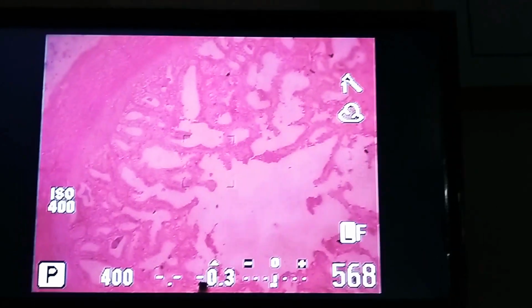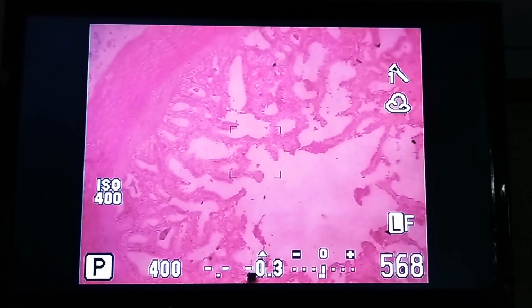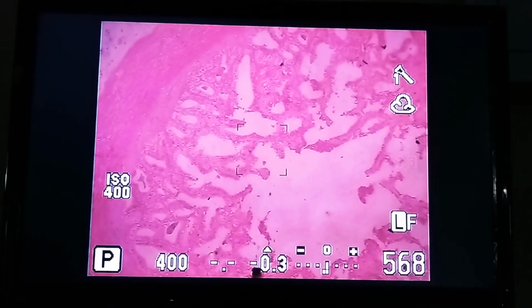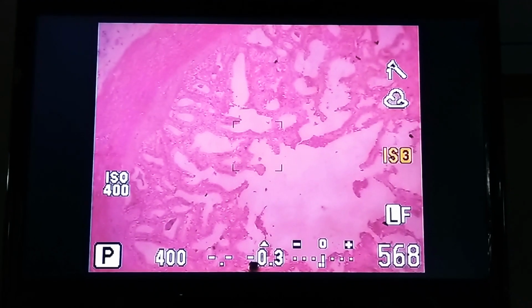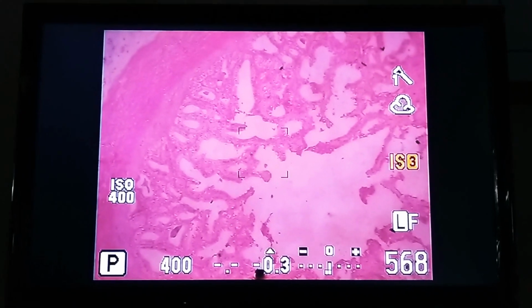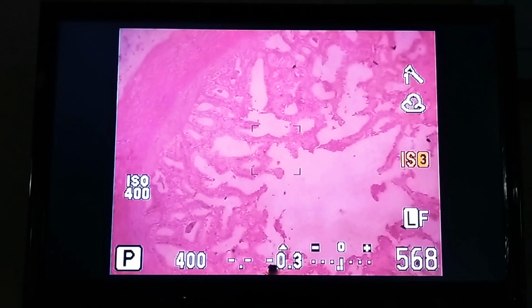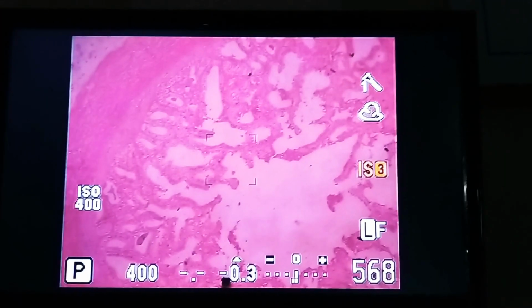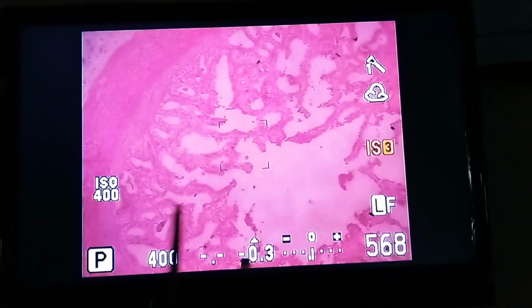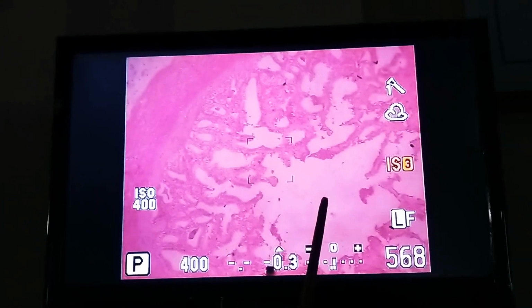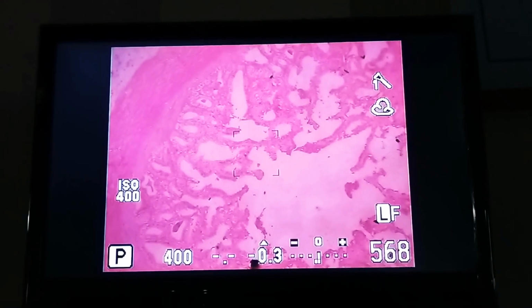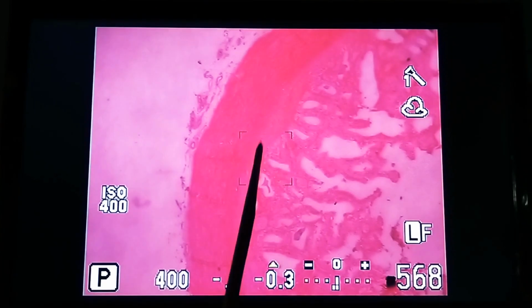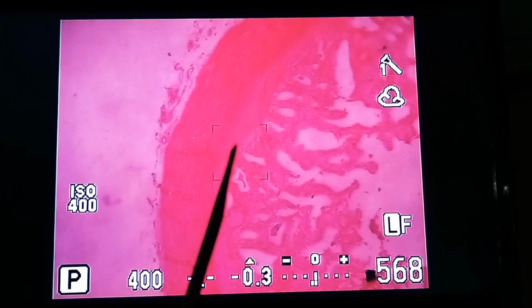What is the lining epithelium of fallopian tube? It is simple columnar epithelium with cilia, and the cilia beat towards the uterus. Thus it helps the movement of the fertilized zygote towards the uterine cavity. So from here to here, this is completely mucosa, this is the cavity. Then here we'll see the lamina propria. So this is the area of lamina propria.